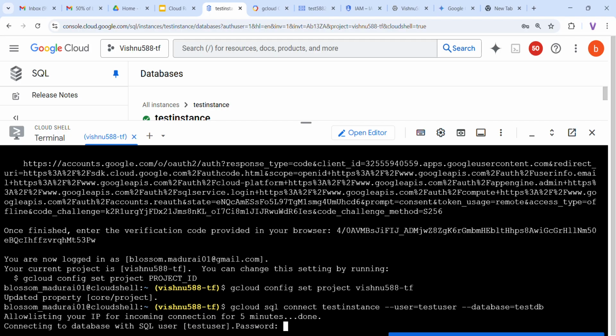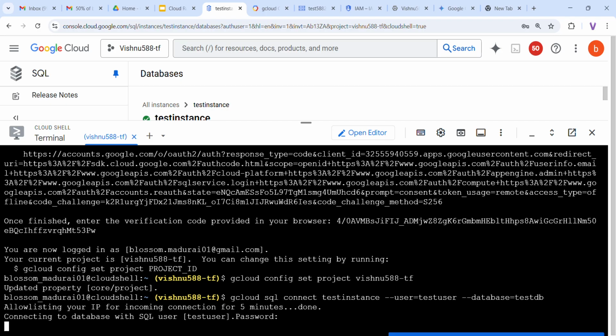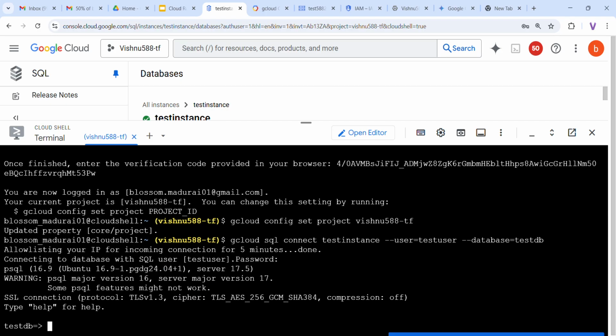Okay, now we need to enter the password, friends. Test 123, which I have given. So I have given the password, friends. So now you can see